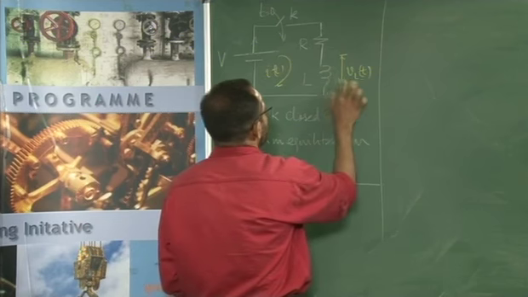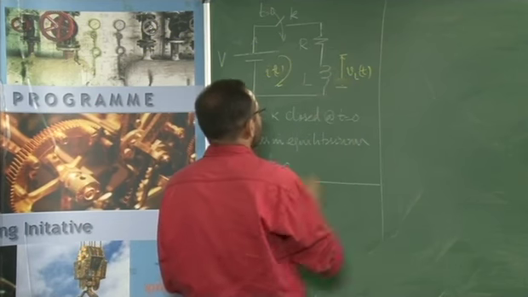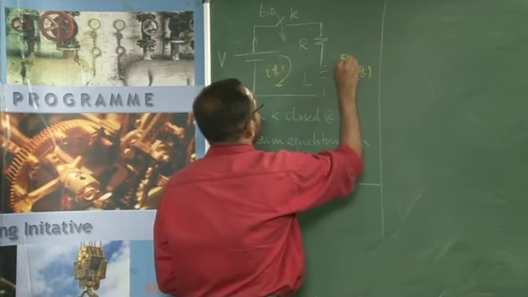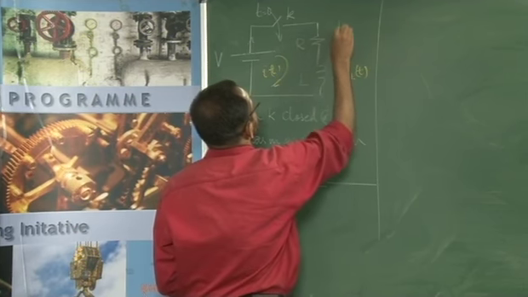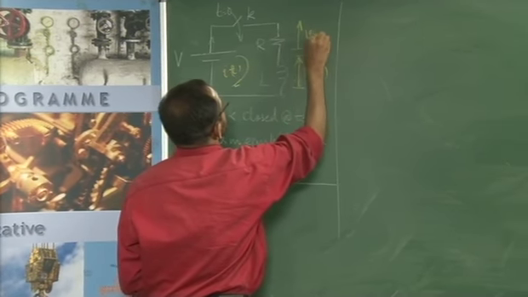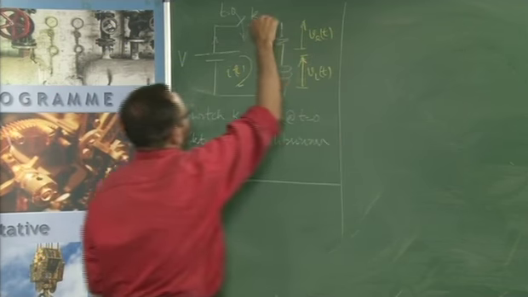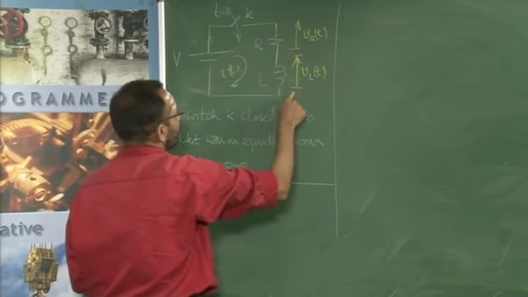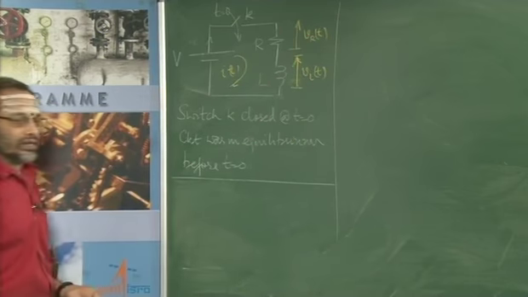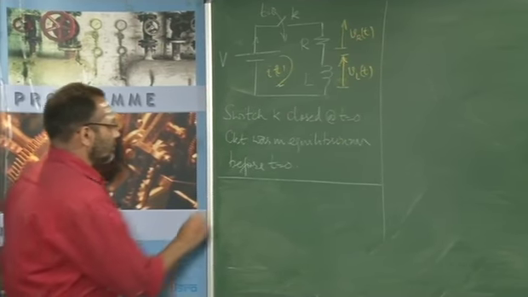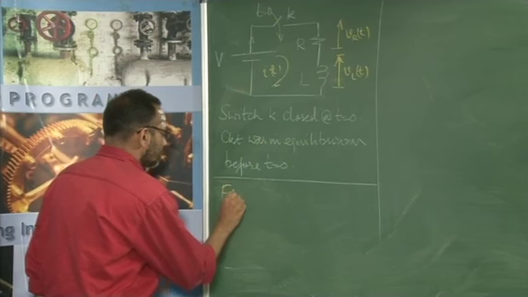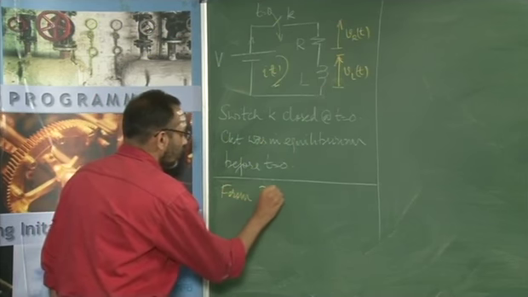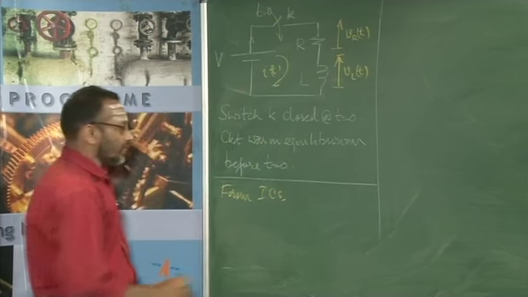Therefore, I am going to write this with arrowhead only on one side. The current is flowing like this, the drop across this is taken opposite to the direction of the current, the drop across L is also taken as opposite to the current. So, from the initial conditions, which I will call ICs, we know